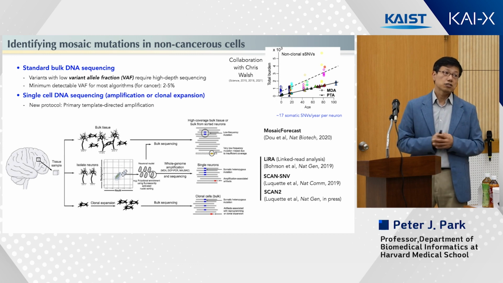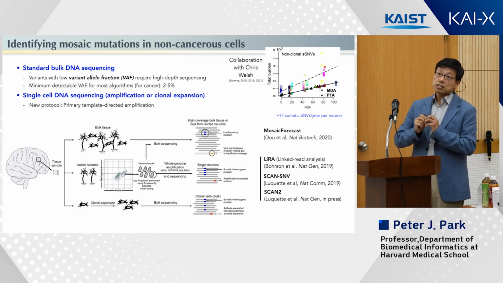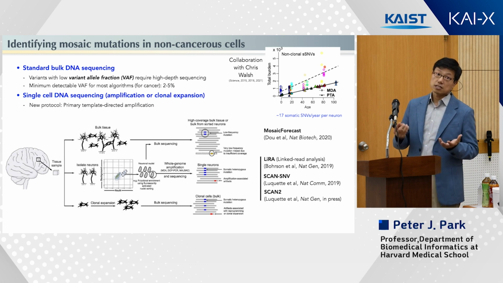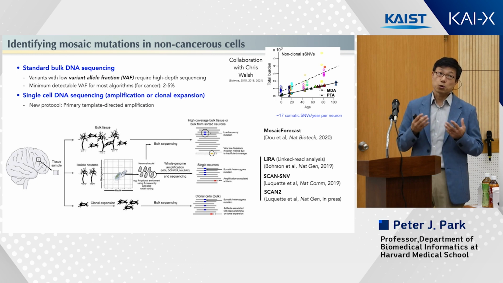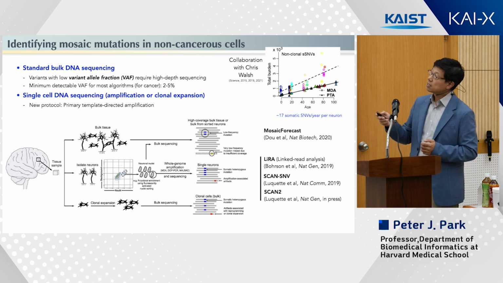There are a lot of algorithms for detecting mutations in cancer samples. Those are relatively easy, because cells with those mutations tend to have a proliferative advantage. So you have more and more cells with that mutation. Whereas in other tissues, that's not the case. And so those are harder. So it's a more fun computational problem. So we spent a lot of time trying to find these mutations that are harder to detect and to use